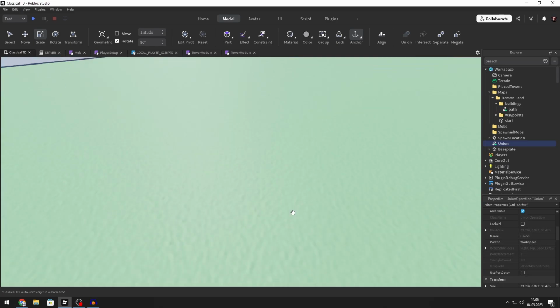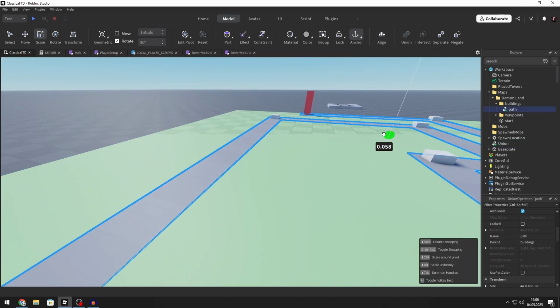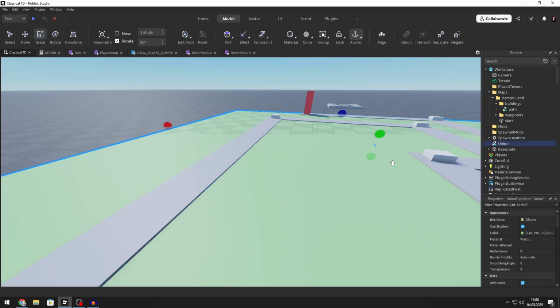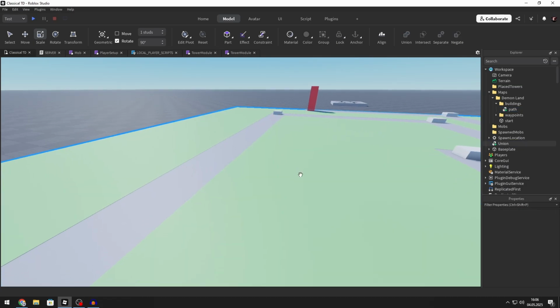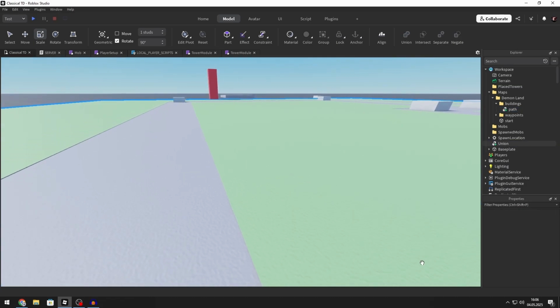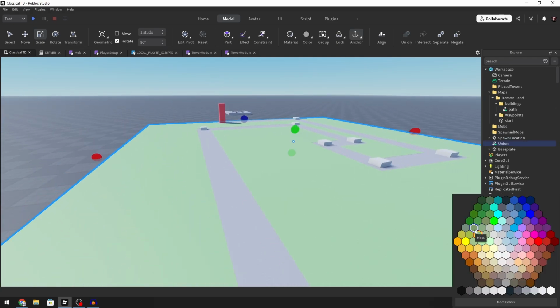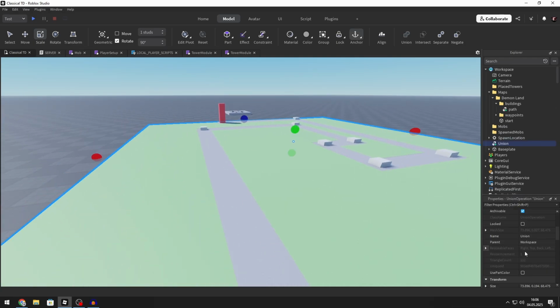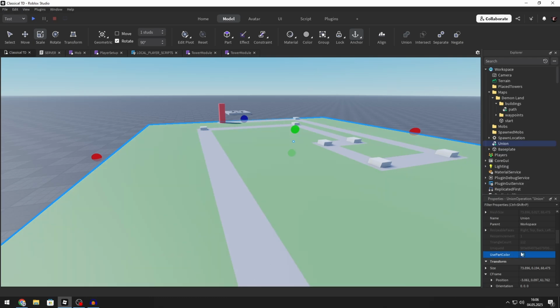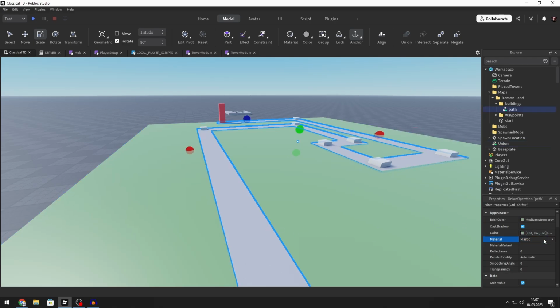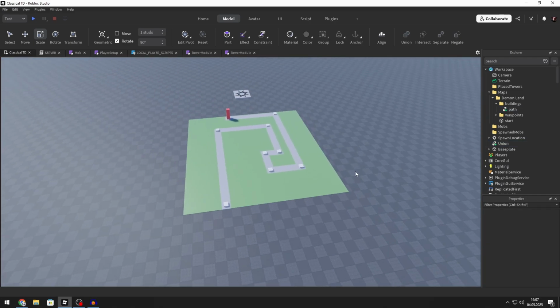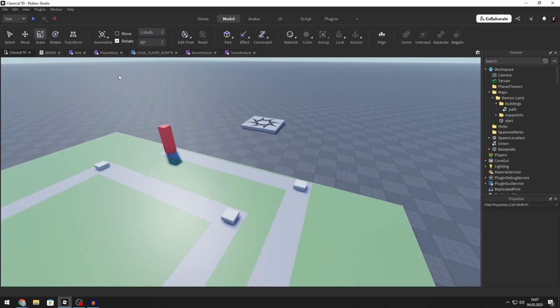And now I will make the path a bit bigger, so it won't, like this, yeah. And also for the beauty I will change the color, also use color path, be sure to have this checked, and some better material, so smooth plastic and smooth plastic, like this. So now